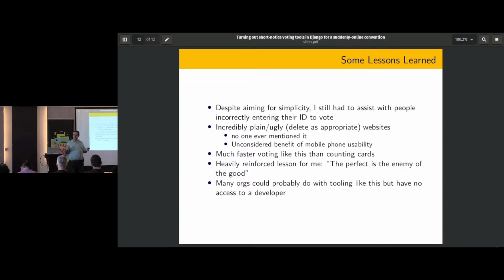And the point I'd like to leave you with is that there are lots of organizations out there who do not have access to a tame software developer. Lots of non-profits, lots of people who put every cent they make into doing something useful, and the more they have to spend on stuff like this, the less good they're able to do. So maybe have a look around. Maybe you know people in organizations, or you might